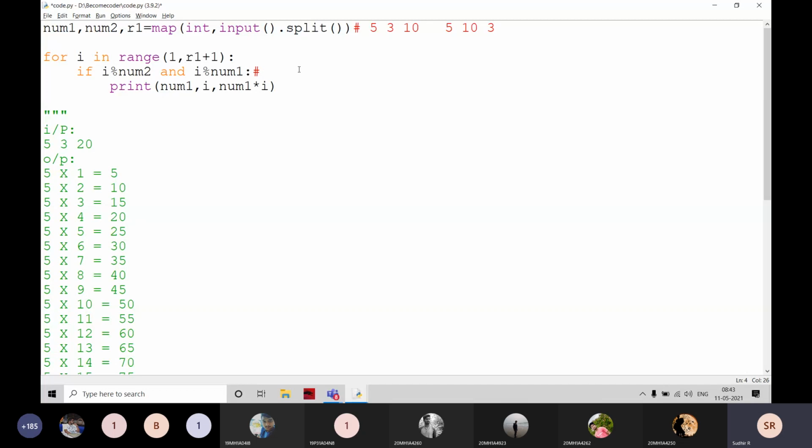Why here? 3 mod 3 is equal to 0, right? One value is 0. If one value is 0, the total statement is also 0, right?